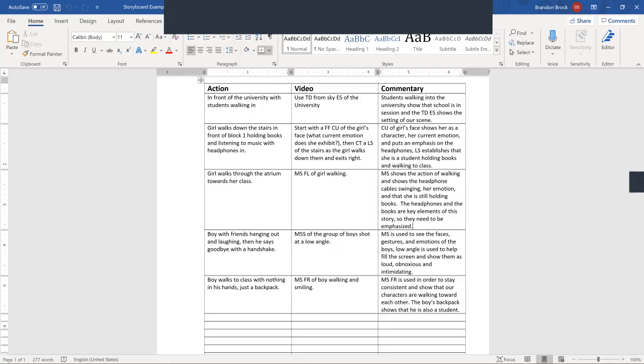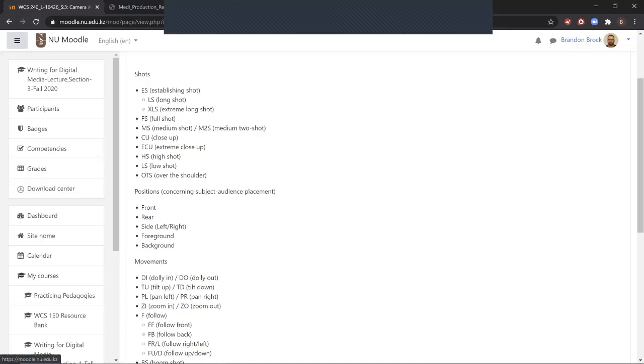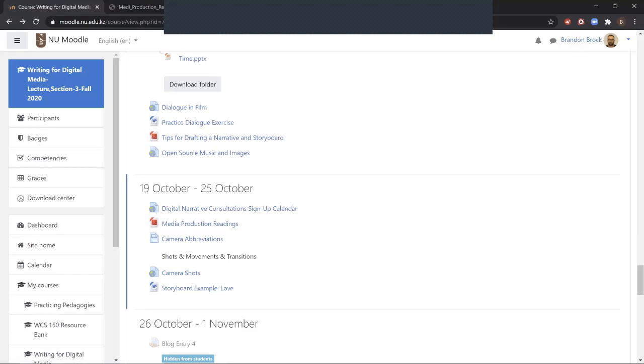Obviously, this isn't the one and only way to do a storyboard. You can use the previous example I showed you, or this example that I showed you, or if you feel like you're more of a visual thinker, rather than typing out these scenes, you may want to draw them, right? And that's totally fine too, creating a comic strip style where you have your different